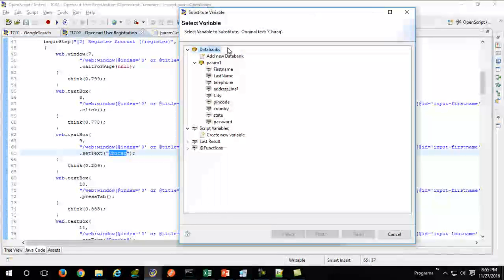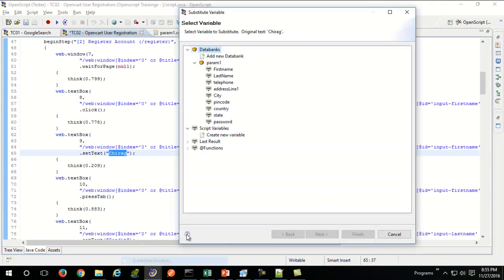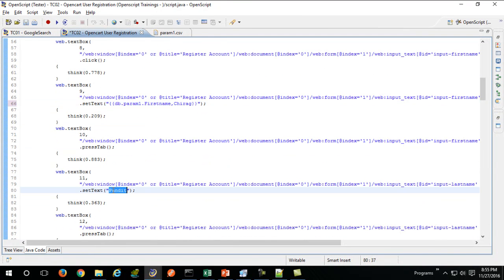Now if you look at this, it will automatically pick the sources from where we need to fetch the data. Since we have already added param1 file in our data banks, it will automatically take that one. So we substitute that with first name, and so every time it will show db.param1.firstname, comma, this is the older value which it had, you can remove that older value.